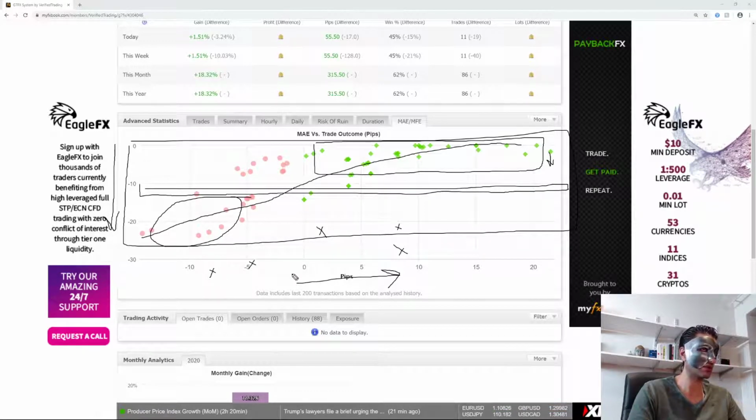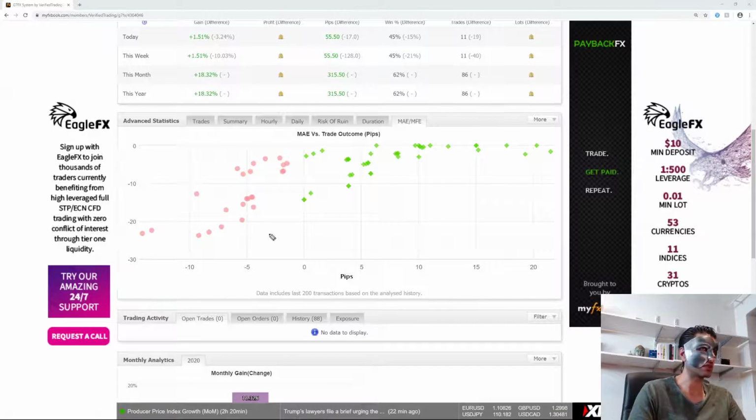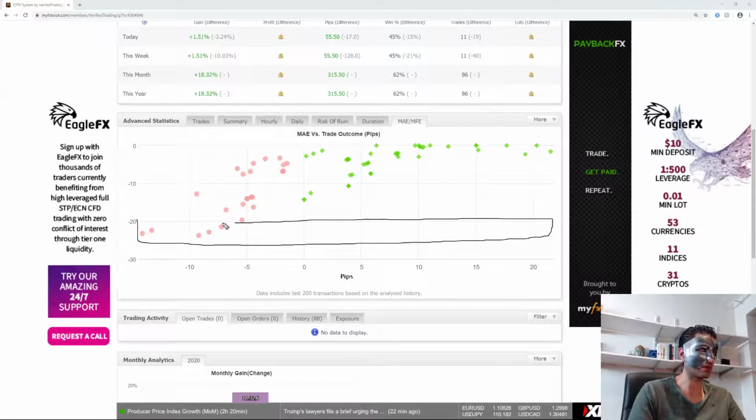So no coincidence that you see my outcome 10, 15 pips. When I get big drawdown, I'm out. I don't need to be in the trade. So that's A. And then in terms of setting the stop loss, well, it's common sense really, right? When you look at this, the final quartile of my data is down here. Majority of my trades are there. Why on earth would I have a stop loss bigger than, say, 30 pips?